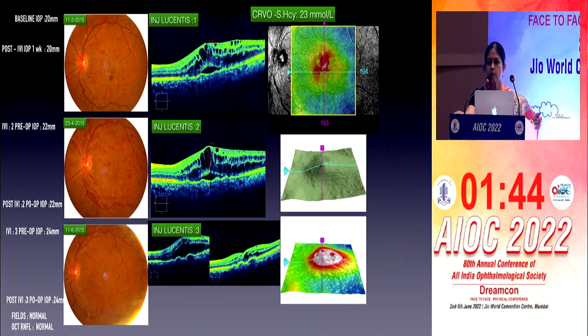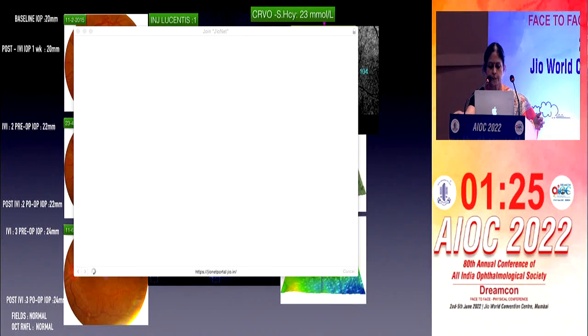His fields are normal. Interpretation of the fields in patients with an already compromised retina and retinal pathology is difficult because the glaucomatous changes as well as your retinal changes contribute to the fields that you bring out, and it's very difficult to interpret. So the post-IVB spike of 24 millimeters was not associated with